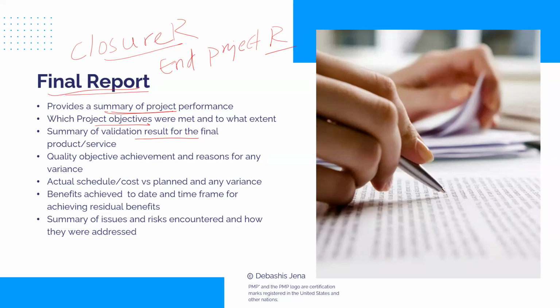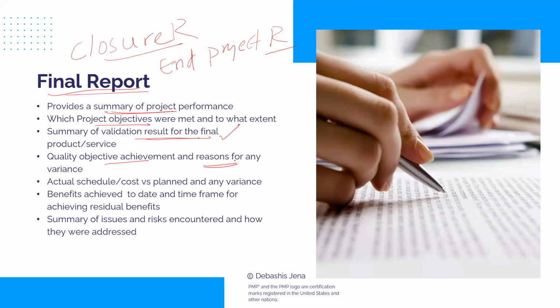A summary of validation result. Here you include statistics, like how many bugs and issues were identified during UAT, how many deliverables were successfully provided, handover you got. These can be highlighted here. Next, quality objective achievement. We had many quality objectives. Which ones could we achieve? Which ones could we not achieve? And if there were some we could not,